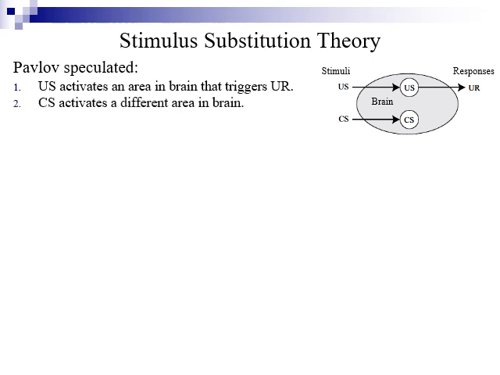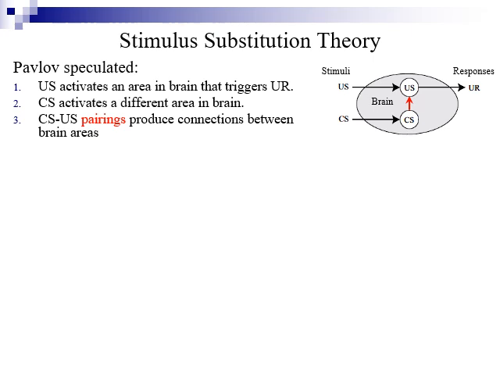He also speculated that the CS activates another area of the brain. So when a metronome ticks, tick, tick, tick, that stimulus is detected and activates some area of the brain, presumably in the auditory cortex. He then speculated that pairing the CS and the US produces connections between those brain areas. Essentially, it's the idea that things that fire together wire together, which is actually a really good idea that still is around today.